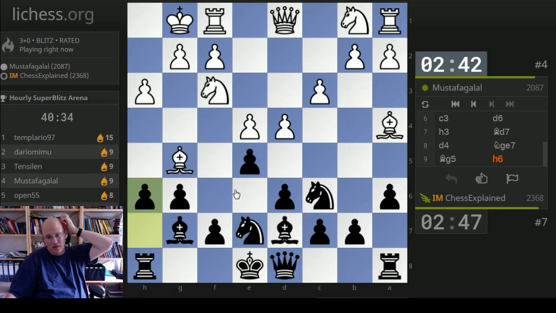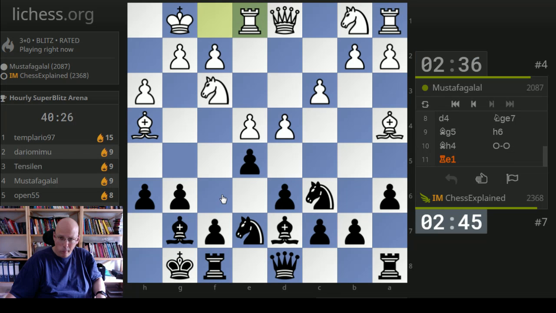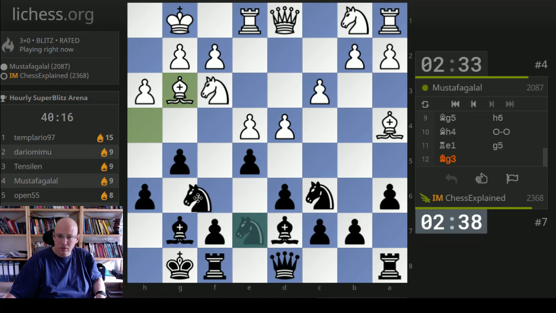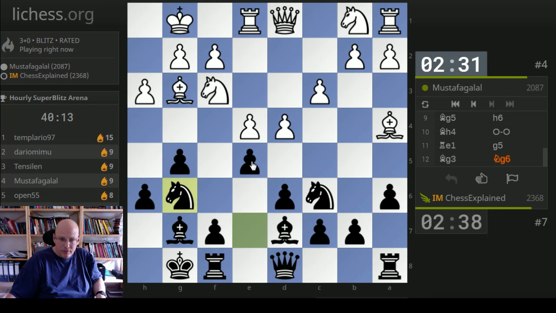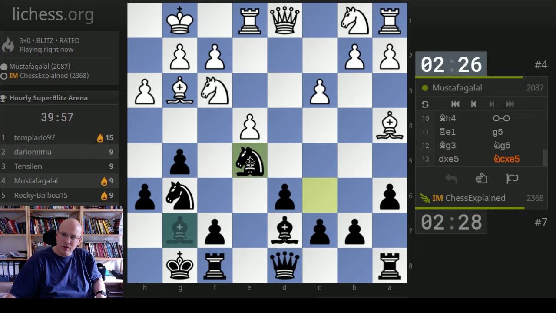Maybe h6. He goes to h4. That's uncommon in such a position. White normally tries to not encourage any pawn pushes. I mean, I'm not saying that this is great for me, but it's just a little bit uncommon. Yeah, pawn takes or knight takes. Can do that. This is maybe not so bad. It's a bit strange, but